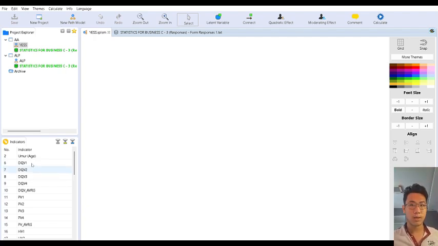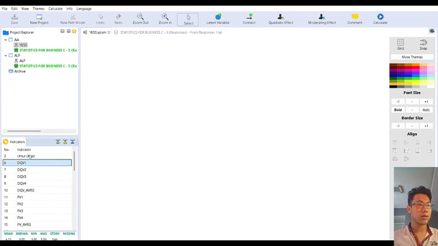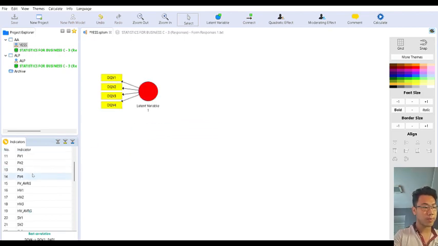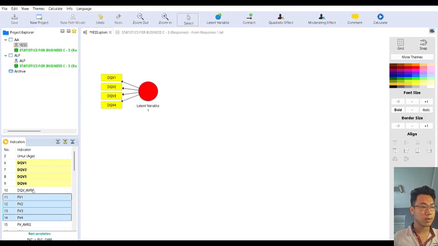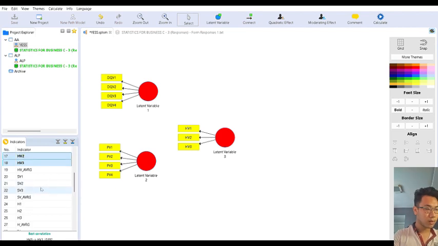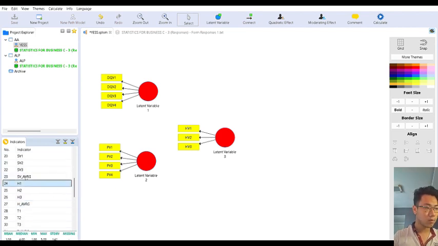Next, open the model you created before. Then you can put your independent variable, for example like this, into this, and your second independent variable like this. Then you can use your mediator like this.